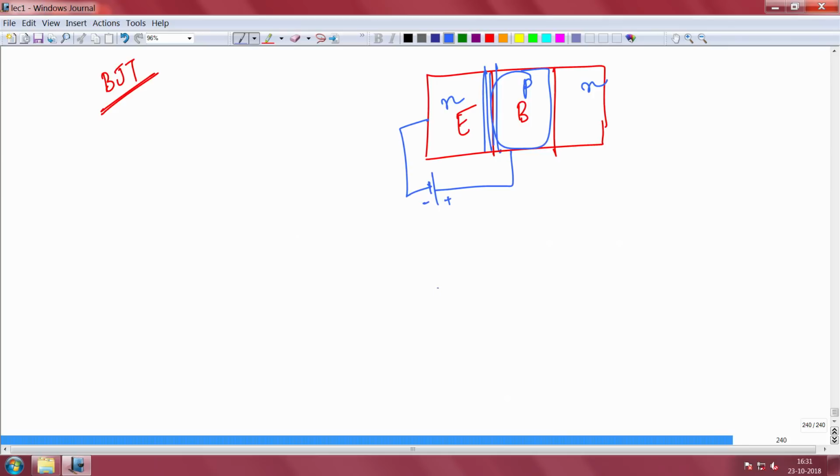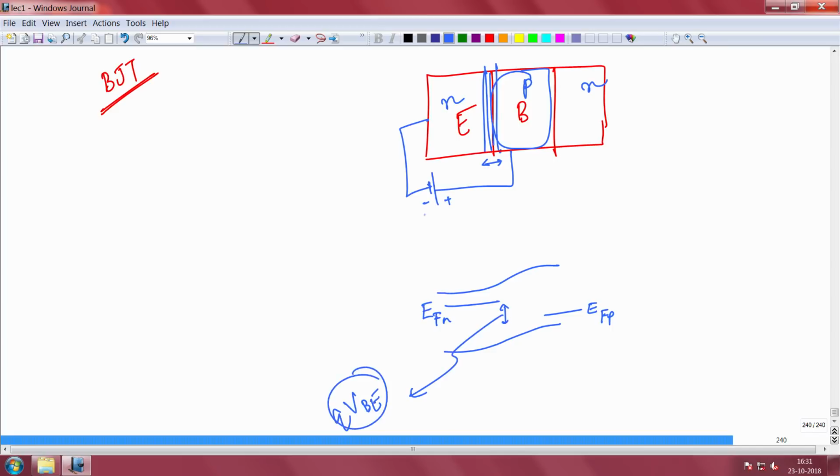So, the moment you forward bias this junction, the depletion width will shrink, will become very narrow, and the barrier height also will reduce. So, you will have something like that. Okay. So, this is the hole quasi Fermi level, this is the electron quasi Fermi level. There is a difference here, the difference is the applied voltage qVBE, this is called the applied voltage you are doing here, VBE. Okay. And you are injecting electrons from the emitter to the base, because this is N type, this is P type, and you are injecting holes from the P type, from the base to the emitter. That is how a PN junction works, that we have learned.